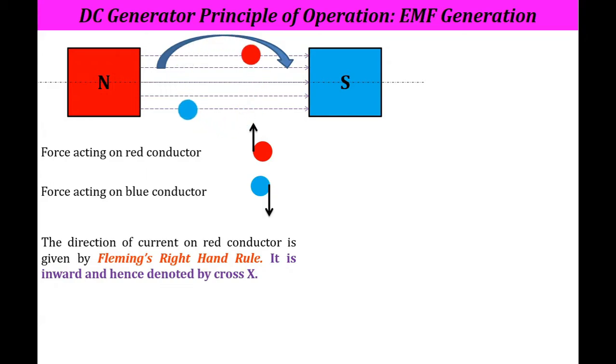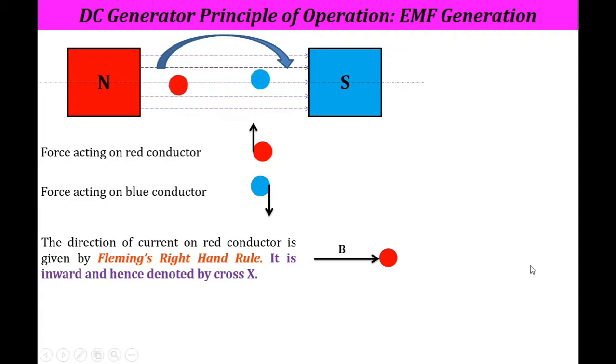So now the force is in an upward direction. So this will be like this. Then what is the direction of the field? The direction of the field is from north to south. So if you apply this particular right hand rule to this screen, then you will be able to understand this. Whatever the middle finger indicates, the current is in an inward direction. So how to distinguish that? That inward direction is denoted by a cross.